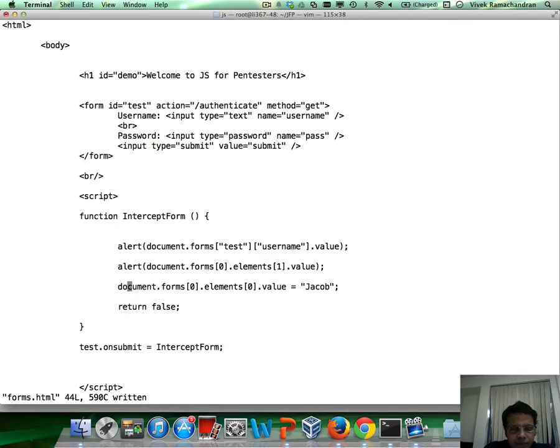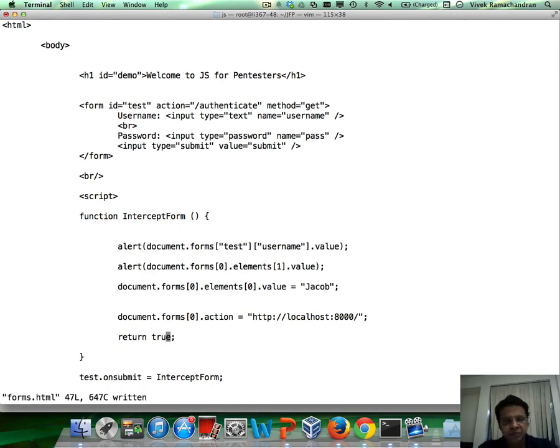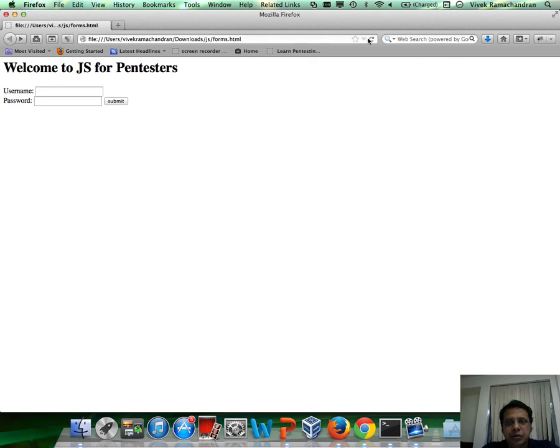Go back in here. Now all we need to do is change the form action, which currently points to /authenticate, to the URL which we desire. So we can actually do a document.form0, copy it, paste it in here, .action equals our URL, let's say localhost 8000, and that's it. Now, of course, we would want the form to be processed, or rather submitted, so let's return a true. Now I can go back in here, refresh the page,